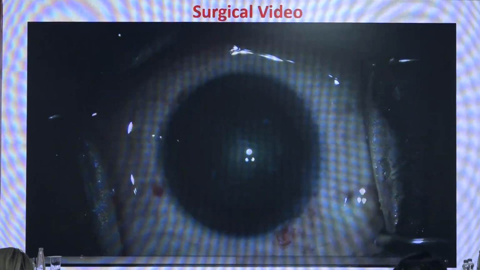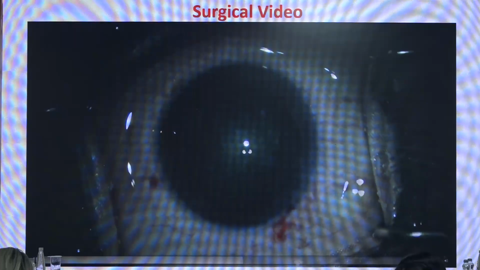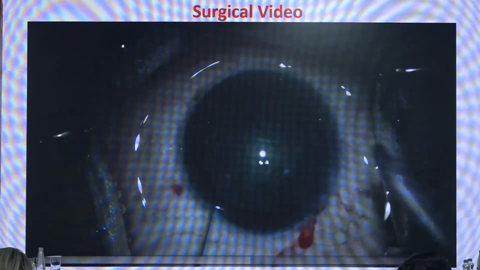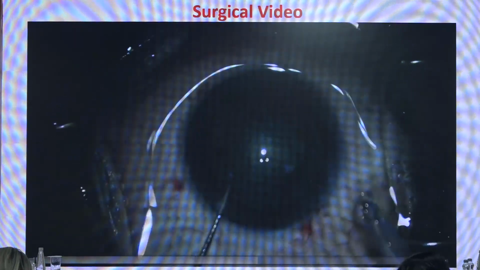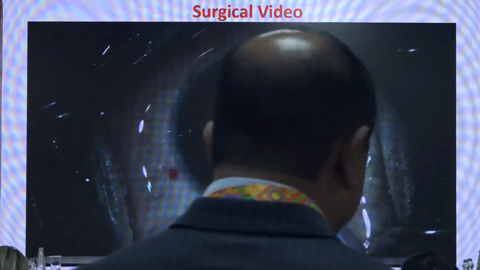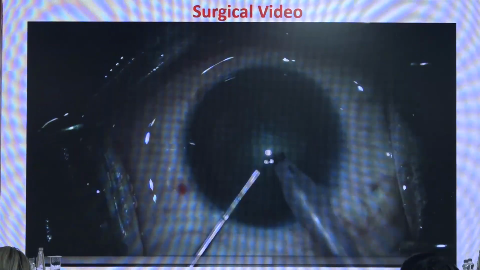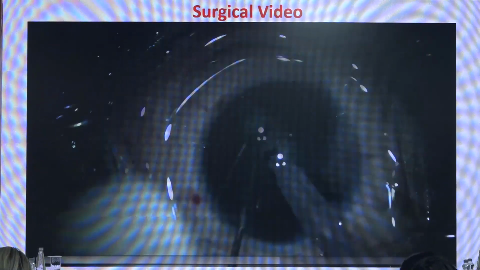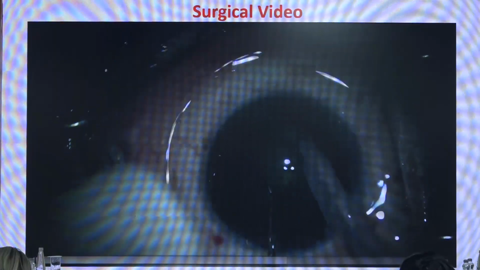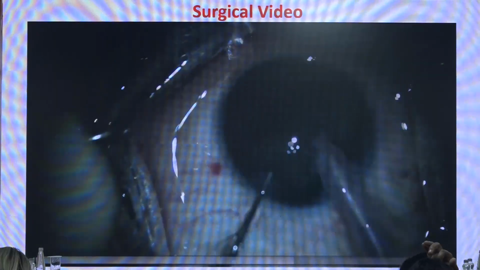Then a viscodispersive OVD is used to coat the endothelium to protect the endothelium. Then phacoemulsification is done as routine. I prefer the direct chop technique. After phacoemulsification,